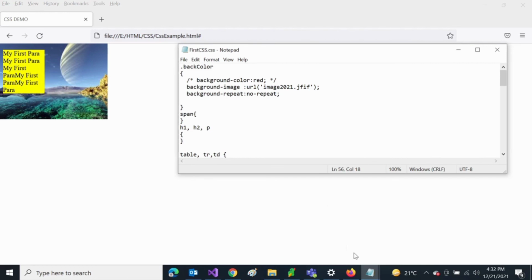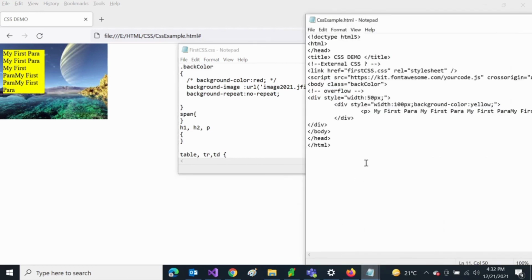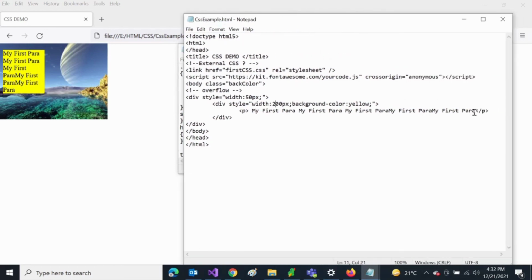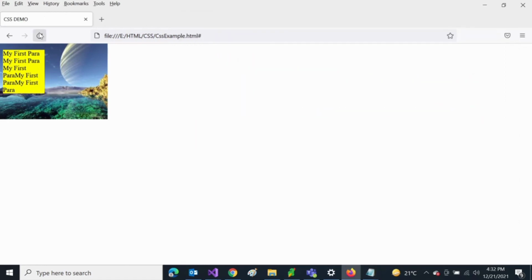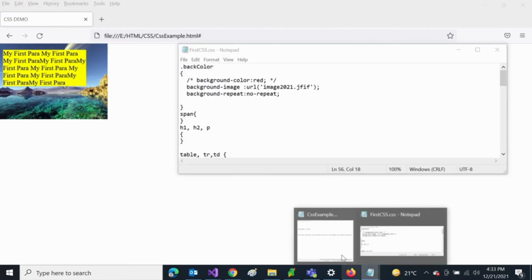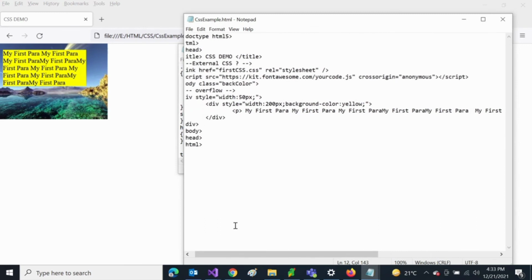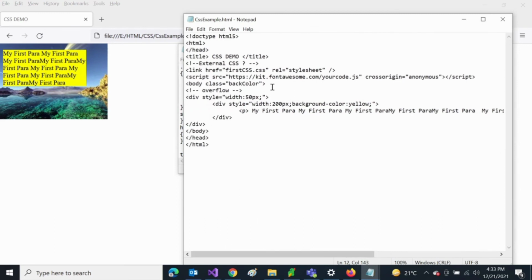Let me increase the width to 200 for the inner one, and the upper one should have 100. Or yeah, let me increase the paragraph first. Let me make it double. Refresh it. Yeah, still okay. So let's write the overflow attribute.